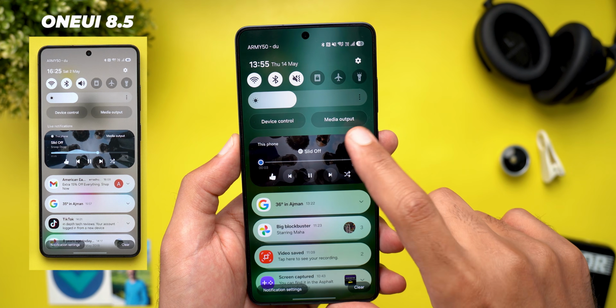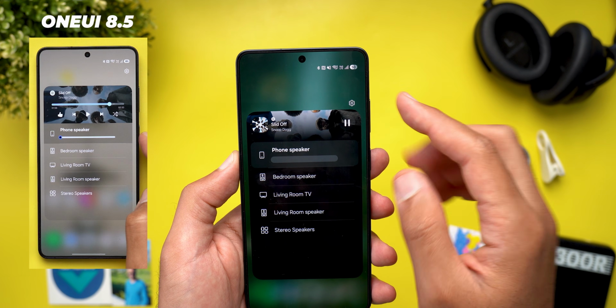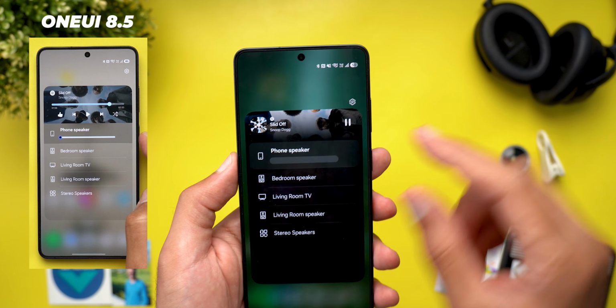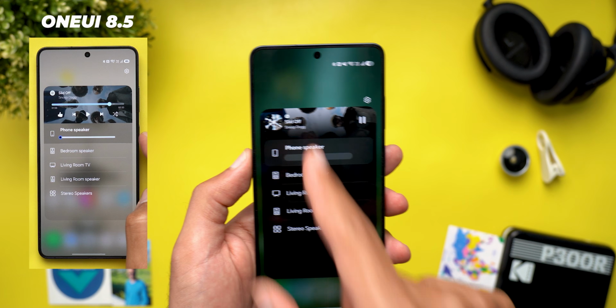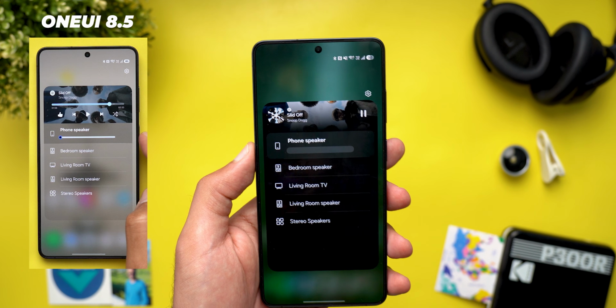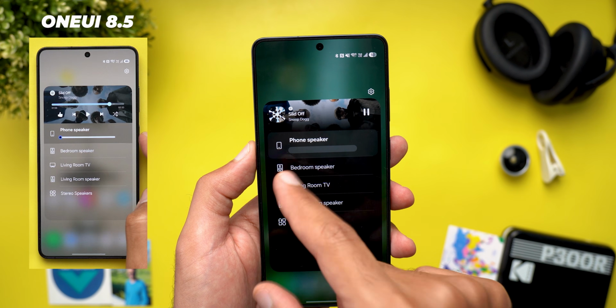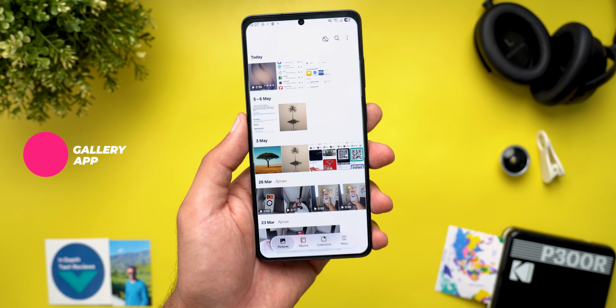And when you tap on the media output switcher, you will see some tweaks as well. The settings button is now right on top of the card. The banner at the top is much smaller, and it only includes the play and pause button. It no longer shows the rest of the controls, plus the sliders are now thicker than the previous version with no cursor like before. Now it's time to talk about the new changes in Samsung apps, and I will start